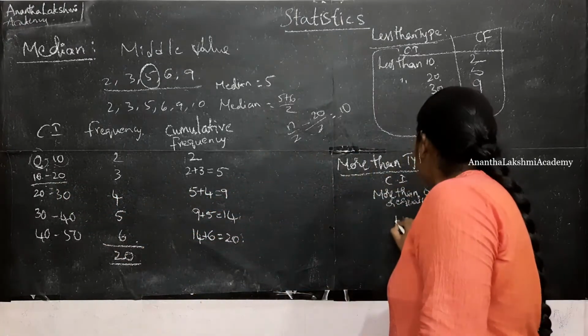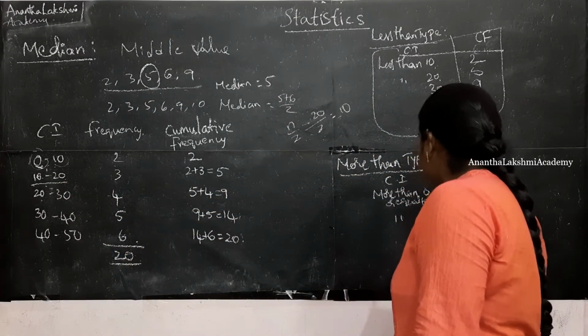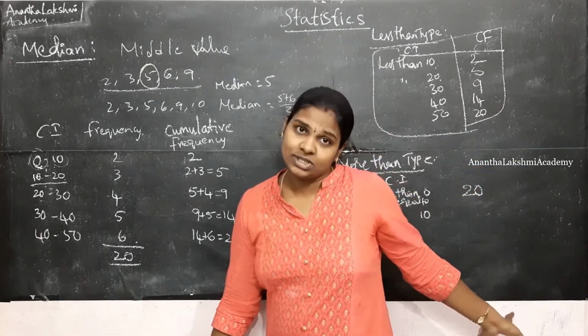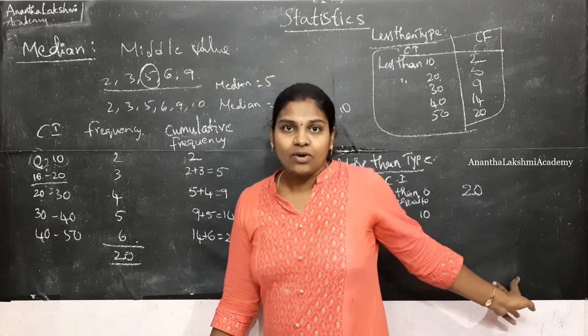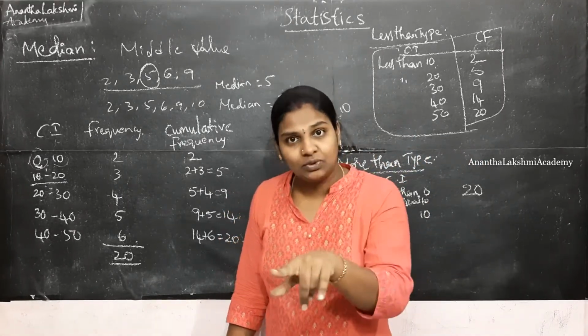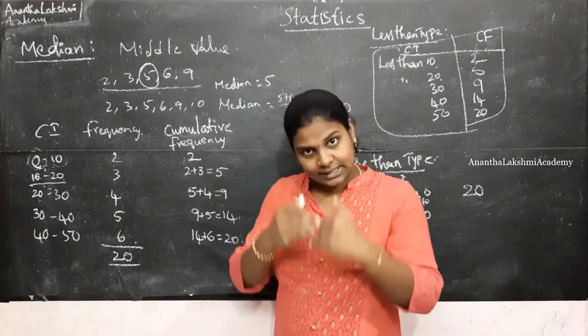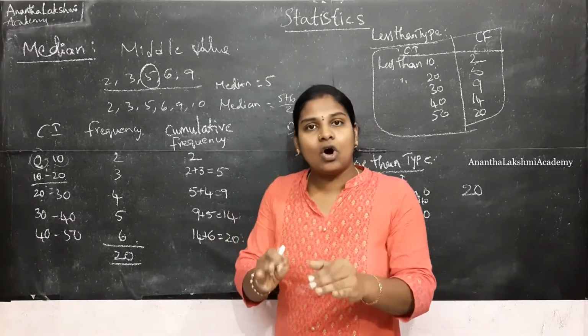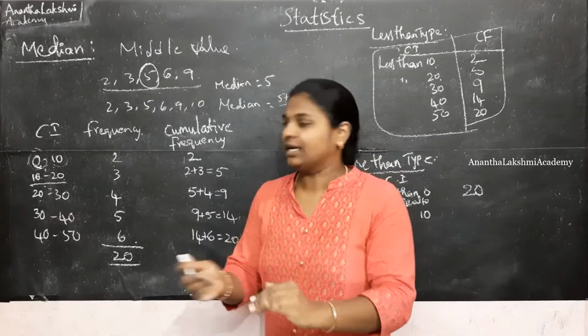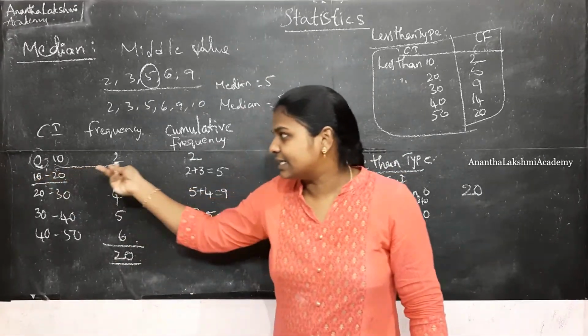So let me write it as more than or equal to 10. Now I got 20 students who got scores more than or equal to 0. Now I need to figure out how many of the students got more than or equal to 10. So I need to exclude those students who got marks from 0 to 9, which is nothing but this interval